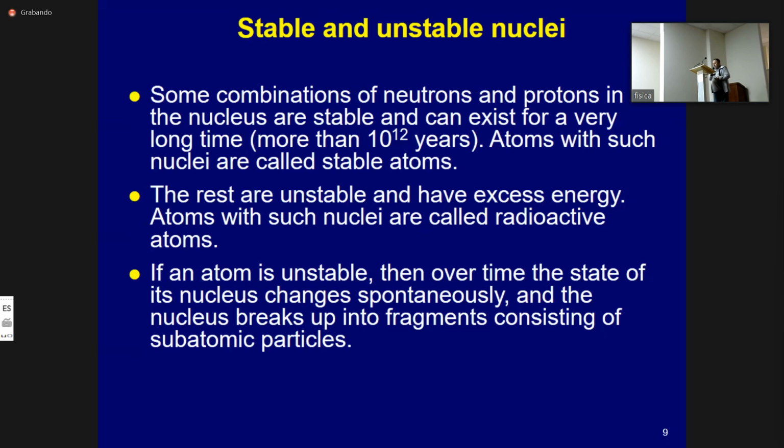All nuclei can be divided into stable, which can exist for trillions of years or more without any changes, and unstable, which over time turn into other nuclei with the emission of a particle. Currently, 256 stable isotopes of all chemical elements and more than 2,000 unstable isotopes are known, mostly artificially obtained in the time that has passed since the discovery of the phenomenon of radioactivity by Henri Becquerel in 1896.